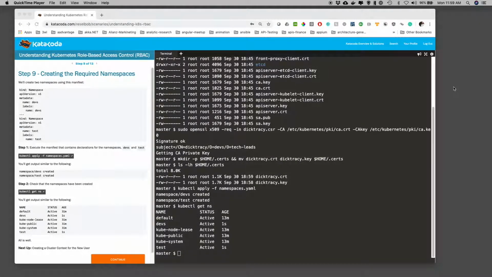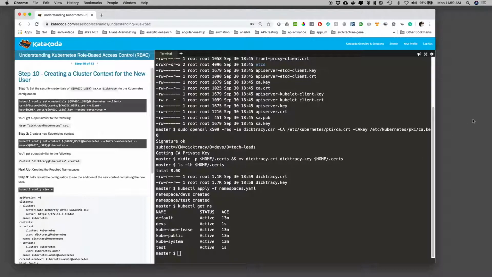Hi, welcome to step 10, creating the cluster context for the new user. And in this step, what we're going to do is create a Kubernetes context that accommodates the